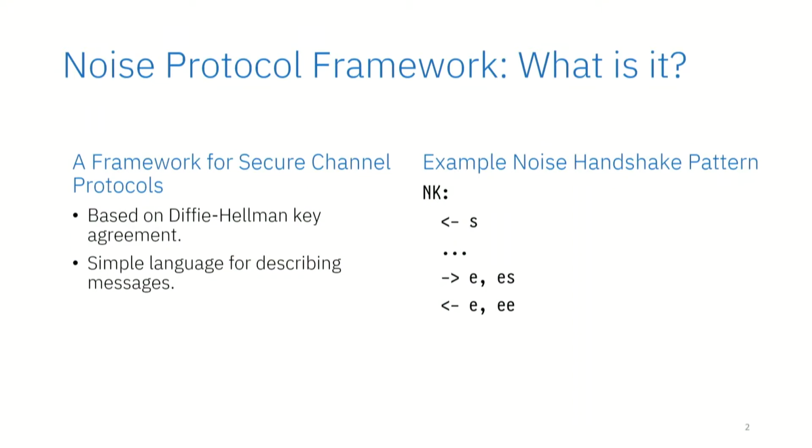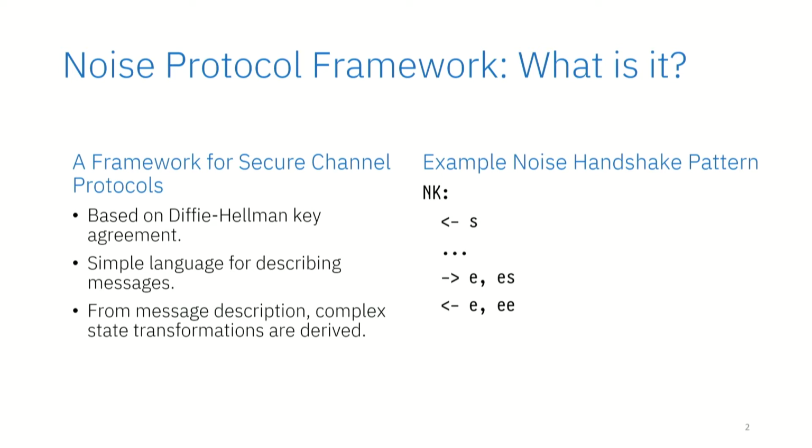They're based on Diffie-Hellman key agreement. They kind of maybe look a little bit like something like TLS, like any other secure channel system, but they're not TLS. And the most interesting part of Noise is actually the fact that the Noise protocol framework has a simple language for describing the messages within the Noise protocol. And from that language, which looks, by the way, something like that, see on the right, so that's a full Noise handshake pattern, which is essentially a Noise protocol. From that description,